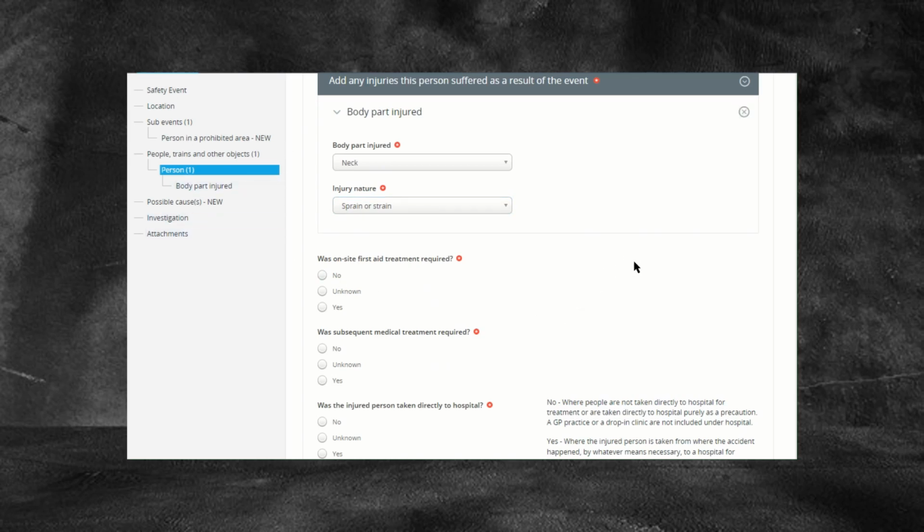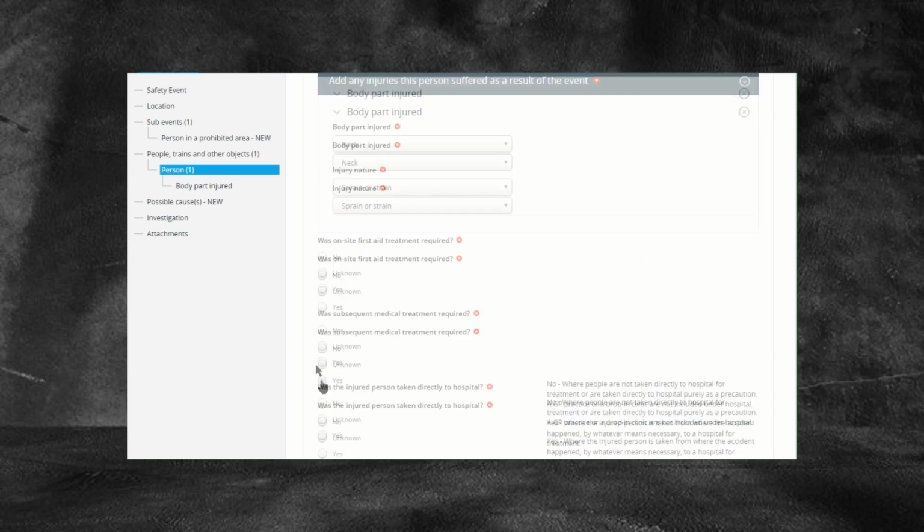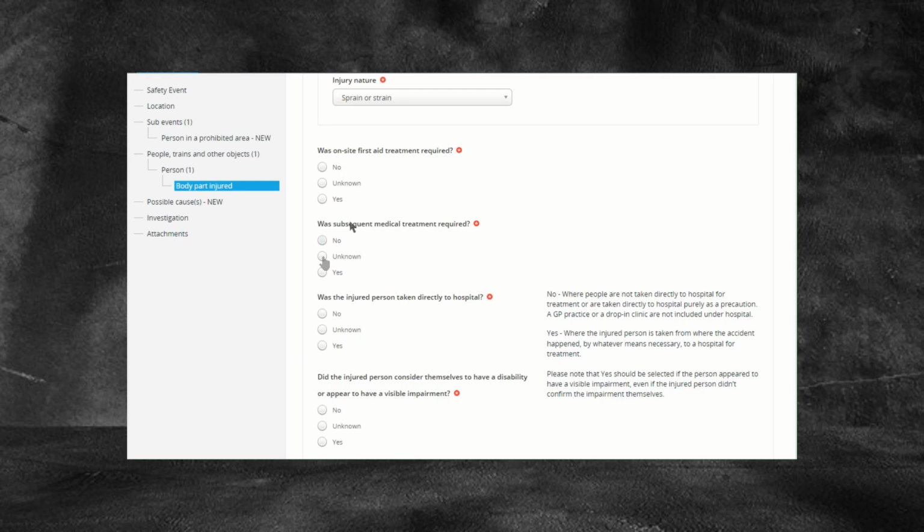After you've added all of the person's injured body parts, this next bit of the injury section again will differ depending on whether you have recorded the person type as workforce or non-workforce. The reason for this is due to differences in RIDDOR reporting between people who are injured whilst at work, so workforce on duty, and non-workforce, where different questions need to be asked to be able to determine whether the injury is statutory reportable to the ORR under the Reporting of Injuries, Diseases and Dangerous Occurrences Regulations 2013, or for short,